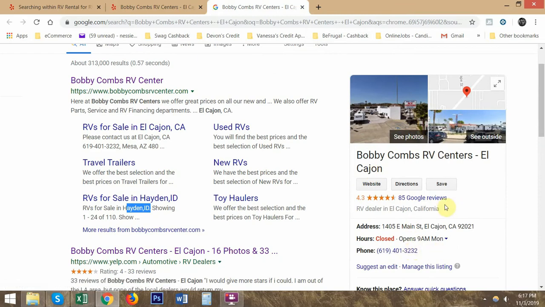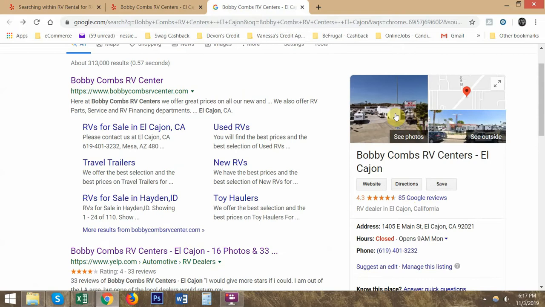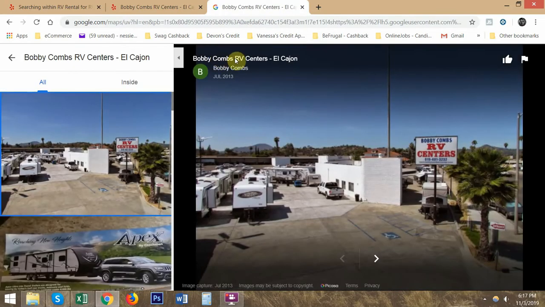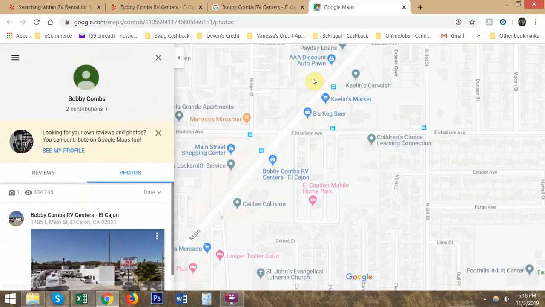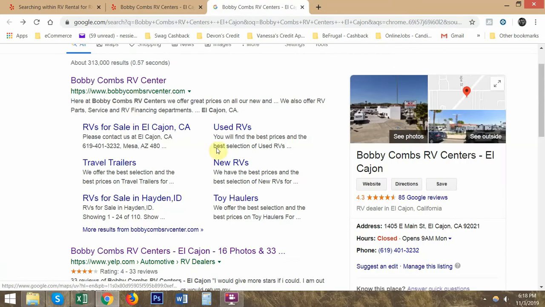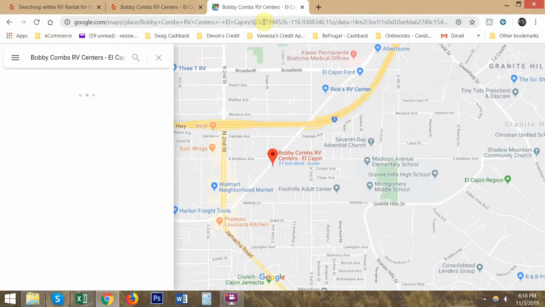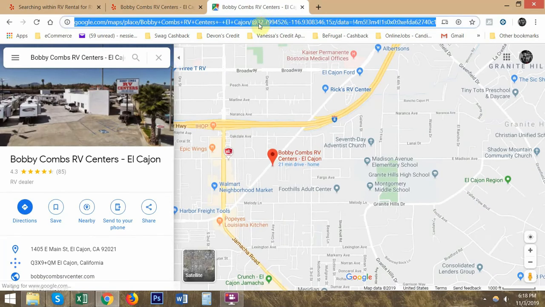We have the Maps link right here. We should click, let's see, what is the best area to click on to see. Let's just go to See Photos, click on See Photos. Bobby Combs. That's a little too complicated. Let me go ahead and figure out the best area from the Google search to click on. Alright, so the best area to click on is the little tag icon right here. That's going to bring us to Google Maps. And then we're just going to copy this link,